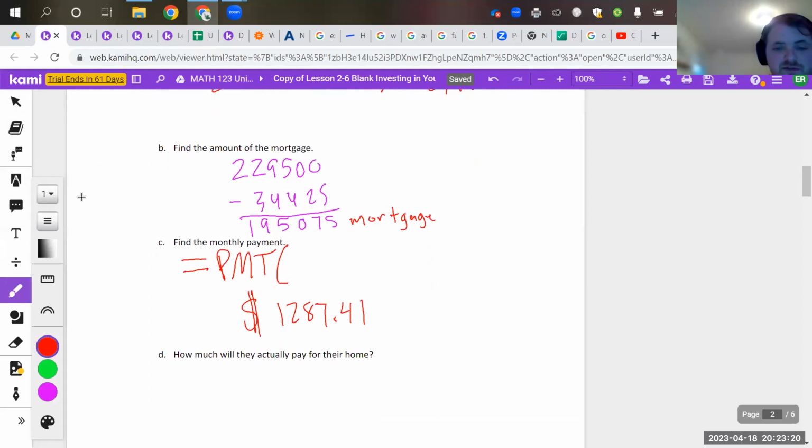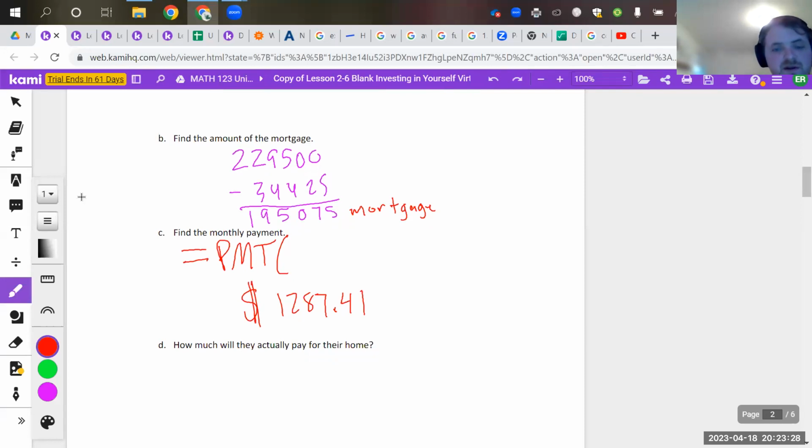So how much will they actually pay for their home? They're not only giving the bank $195,000. Remember, the bank is not nice. Okay, they are trying to make money. So they might be nice to you, but their goal is to make money. So if that's their payment per month, they have to make that payment every single month, for how many years? 20 years. So multiplying that all together, they get